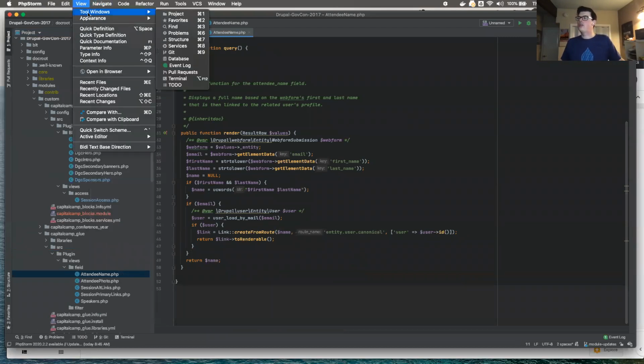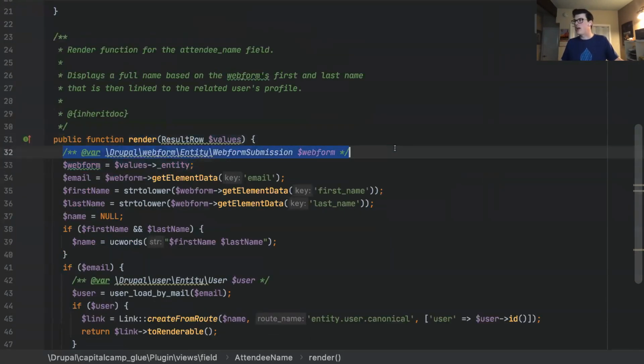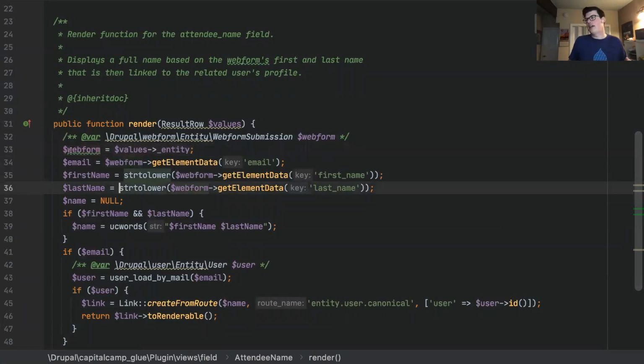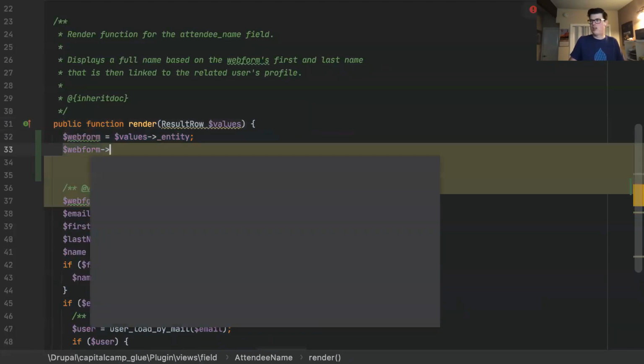So the other thing you can do in the editor is you can do a comment or an annotation right here, sort of in line as you're defining a variable. So in this case, I'm sort of telling PHP Storm on the fly that web form is an instance of this Drupal entity web form submission. So just as a quick example, I'm going to move this code up, and now I'm going to do web form.